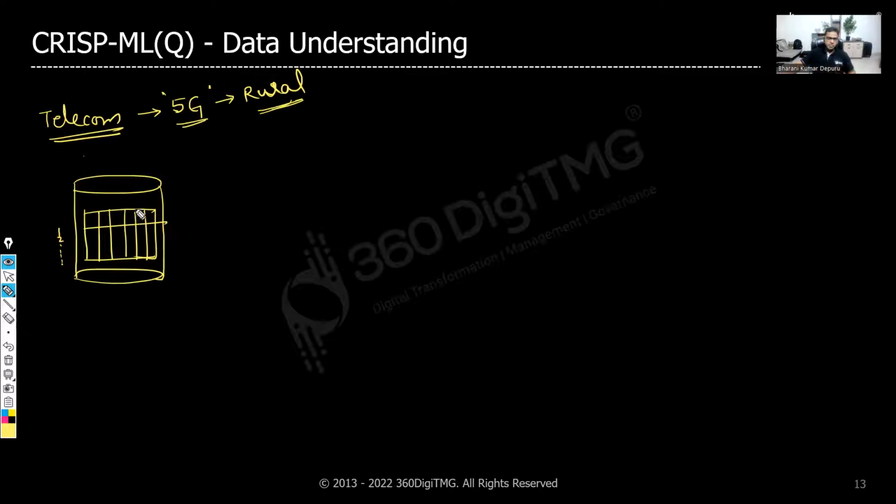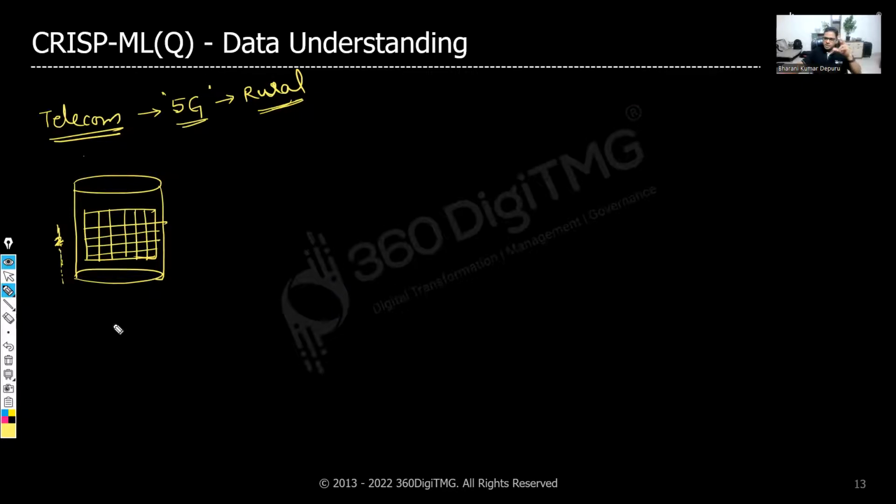Was it prepaid or postpaid and things of that kind? They had a lot of data. And given this data, we had to do some analytics. But the point that we are trying to understand here is